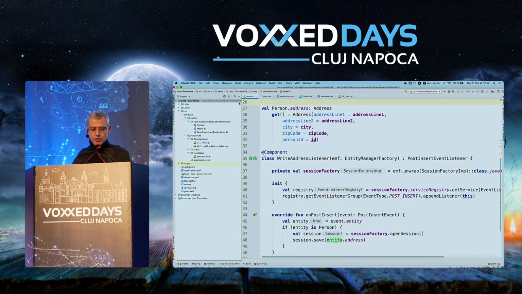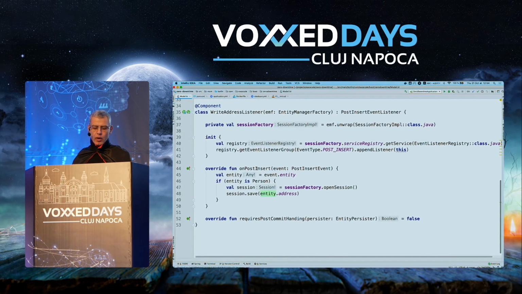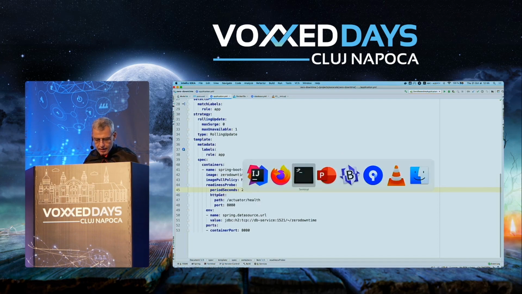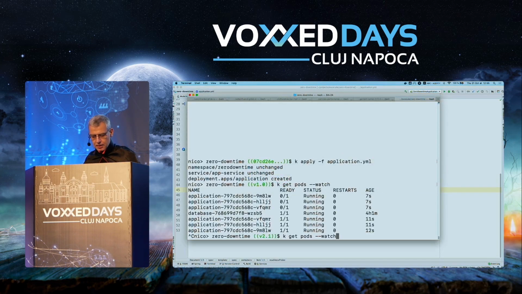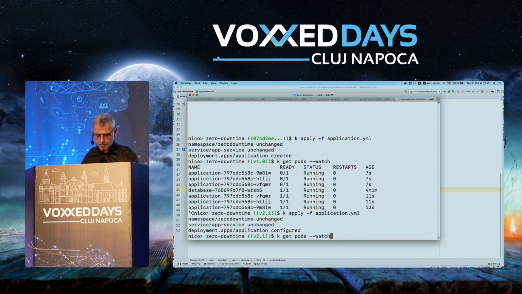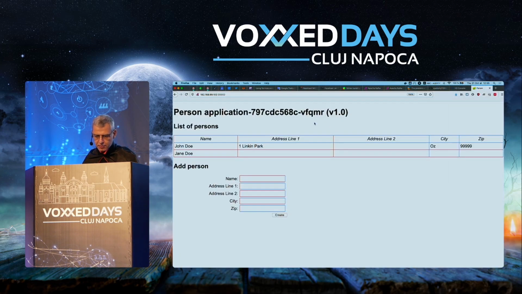And in the end, as I mentioned, I created the listener. So basically, when I insert a person, I will save the entity. Works for you? And now I will apply that. So imagine I build the application with that in mind, and I will try to apply this first one. Normally I should be very, very fast and try to show you that there is no downtime, and sometimes there is for whatever reason, because I'm using H2, but normally everything should be fine.